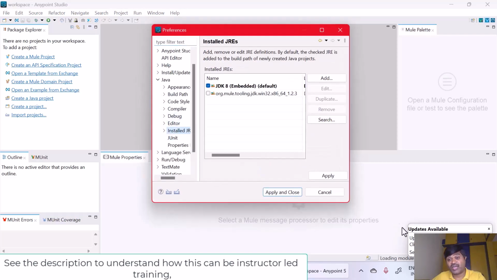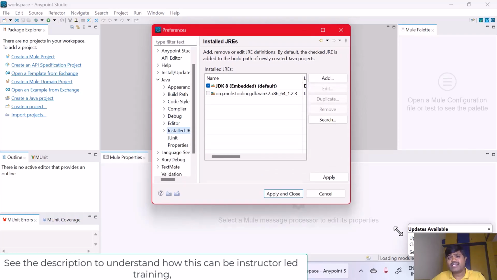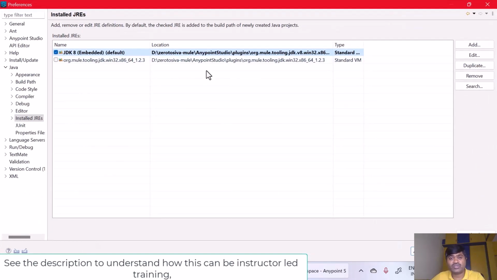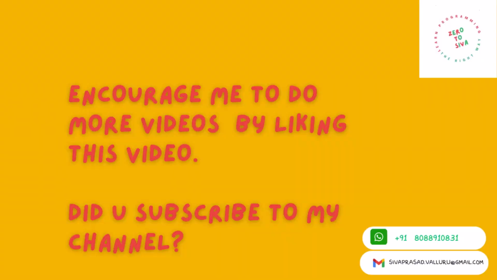You can see here actually JDK 8 is already embedded into Anypoint Studio. Where is it actually? If you see inside Anypoint Studio plugins folder, under some folder, it is there. So I can say that JDK 8 comes embedded within Studio. If you don't do any changes, by default Anypoint Studio uses JDK 8. But I wanted to use whatever is the latest version supported by Mule. So I want it to be pointed to